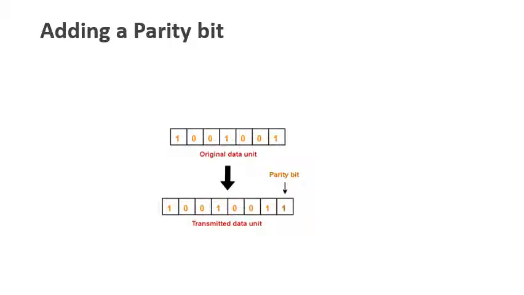Now, adding a parity bit. Parity bits are used in modes 2 and 3. The main reason for using a parity bit is to ensure correct data transmission. In some cases, due to noise in the channel, data gets corrupted. So, to keep erroneous transmission and reception in check, parity bits are added.